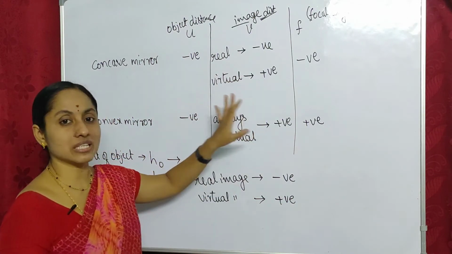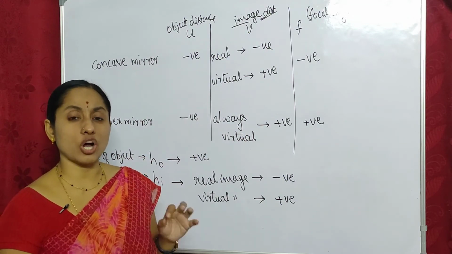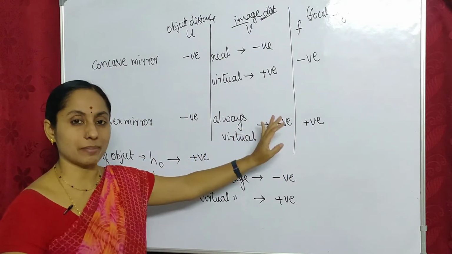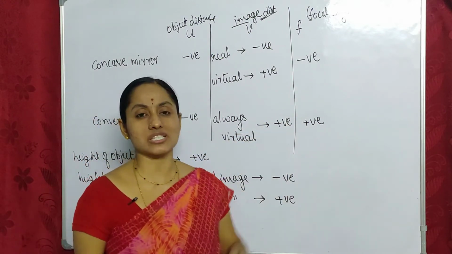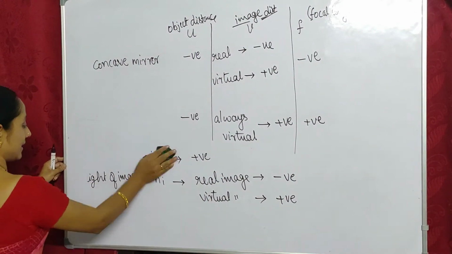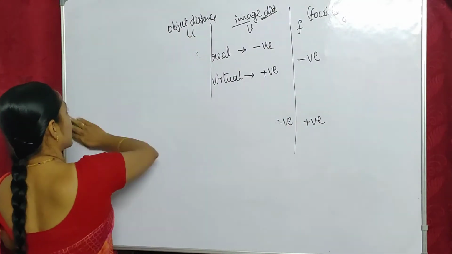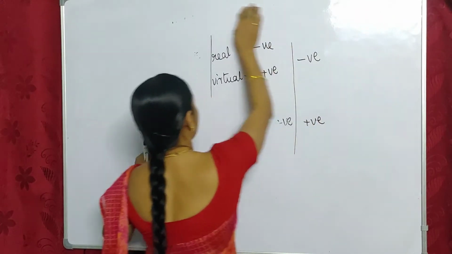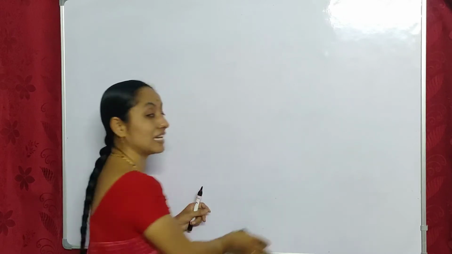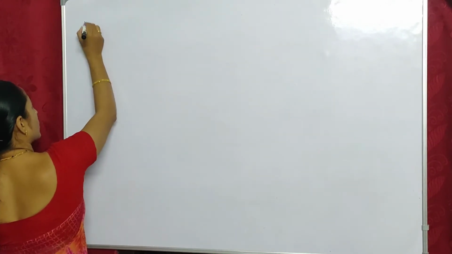Please note this table down, because it is going to help you a lot while doing problems. If you just go through this table, you can conveniently put the sign conventions without any mistake. It's my guarantee. Just by seeing this table, you will never go wrong while solving problems and applying sign convention. Why did we draw this table now? For sign conventions.